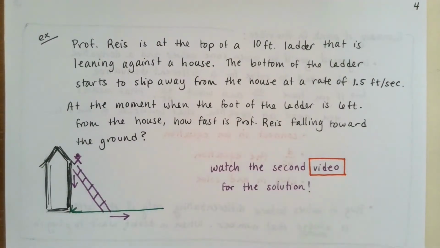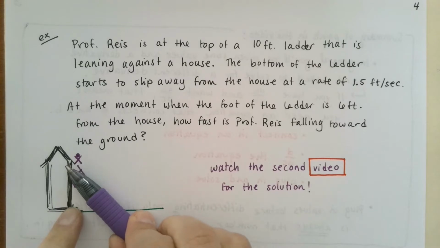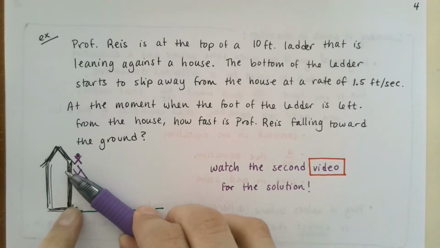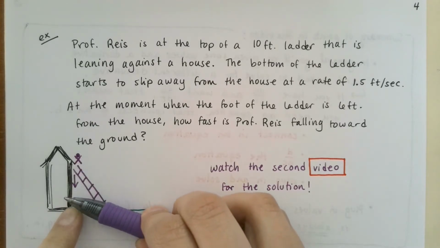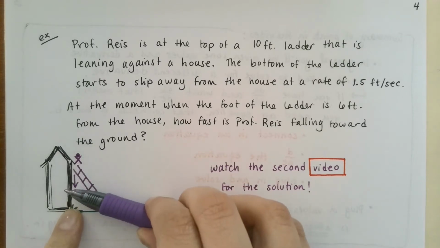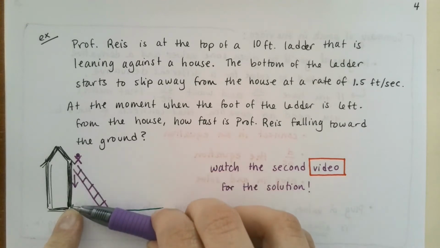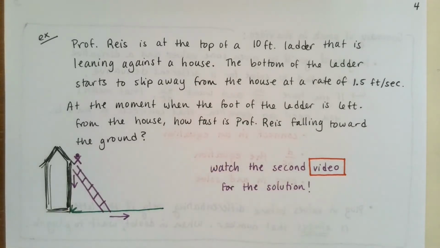So the idea is that as this ladder drops, Professor Reese at the top of the ladder stays kind of flush with the house and just falls along the edge, right? So the foot of the ladder is coming out, but the person is staying and just dropping perfectly vertically. All right, so this definitely has a lot more going on in it than the last two examples,